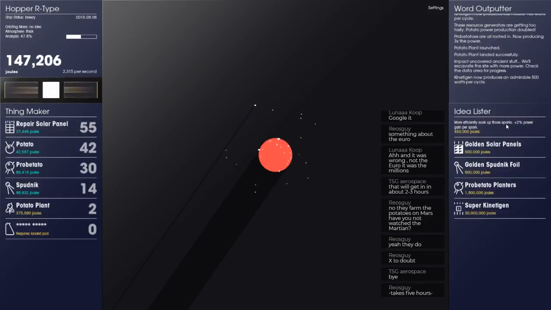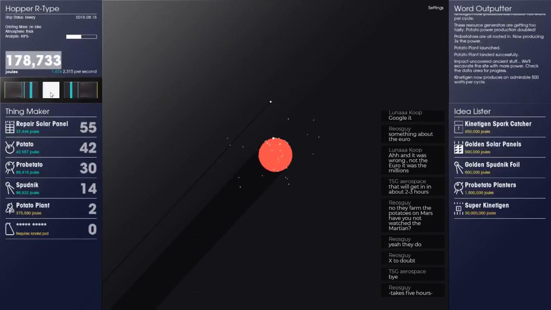Okay, do we go for this one? More efficient, soak up those sparks. 2% power gain per spark. So that's these. These are sparks, right? That's +2. So that takes us to 3.6, which is alright, I suppose. I mean, on 2,000, that's like 60. So, I mean, can't really argue too much with that.